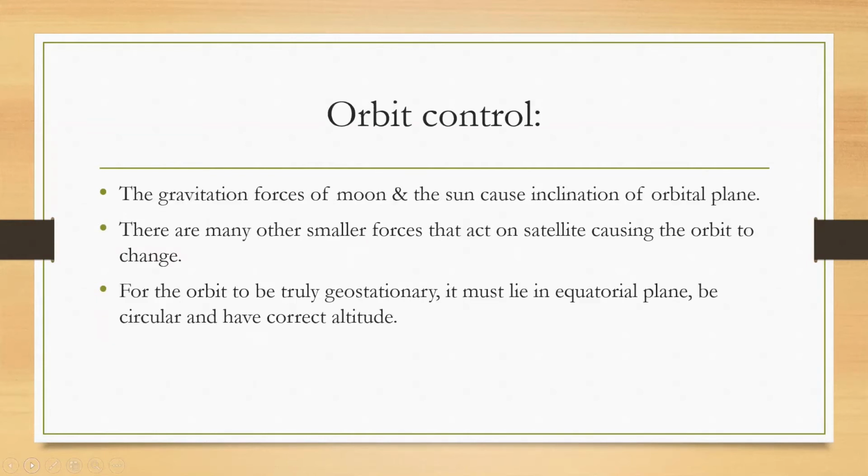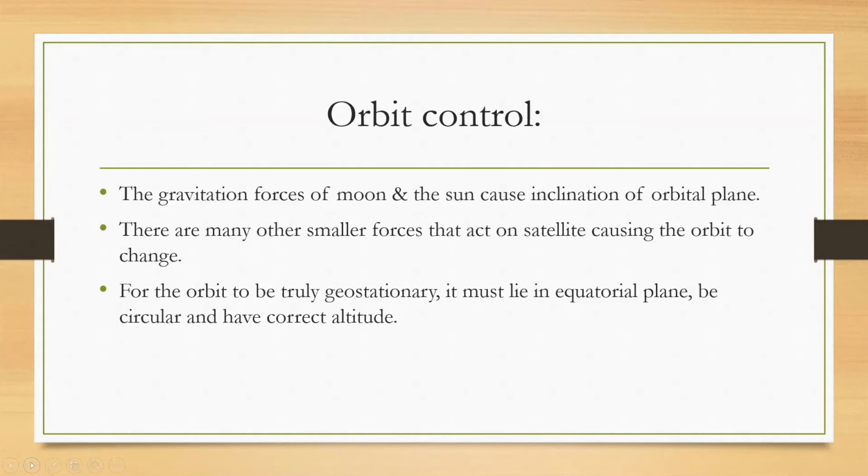Okay, now orbit control. You have a plane, right? What is an orbit? It's a plane which is decided by the inclination and the other orientation with respect to the earth. Now the gravitational pull of the sun and the moon cause a change in the inclination of an orbital plane. And the other forces, as I told you, which are acting in space are the solar radiation, the storms in the sun, and other things which also try to change the orbital plane.